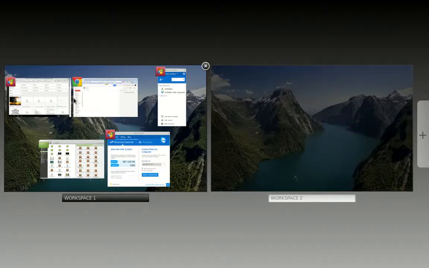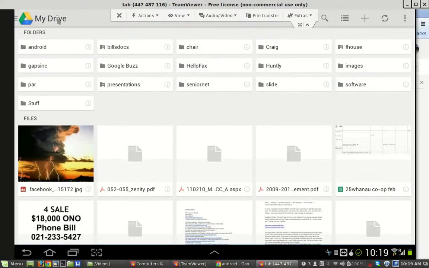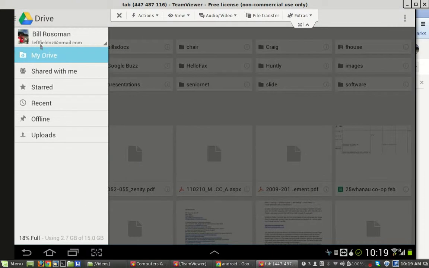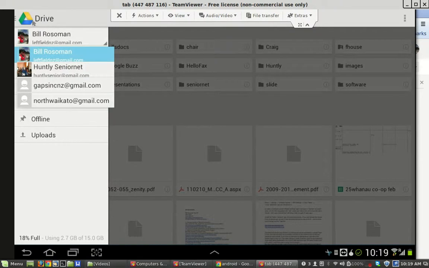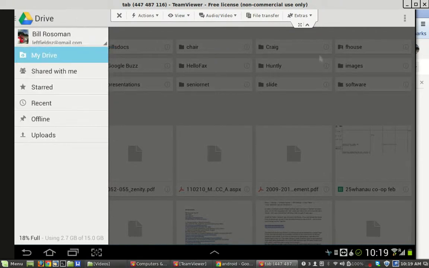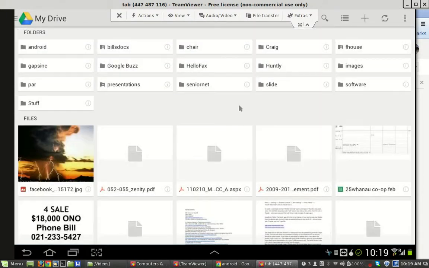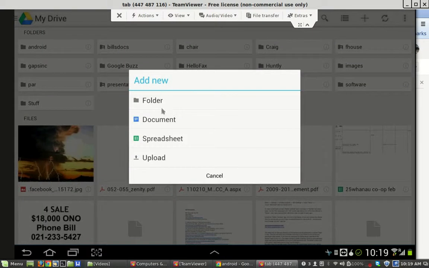If I want to go to my other drives, it's a matter of clicking on there and I can change to the several drives that I've got access to. So that's all you do. So there's all your folders. If you want to do anything, you click on the plus, you can create a folder, create a